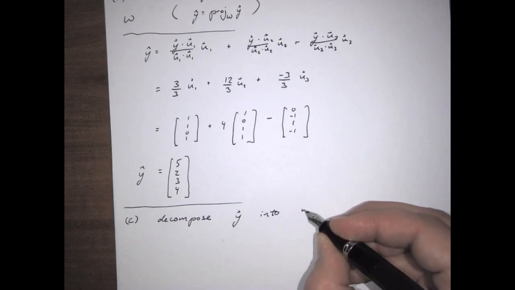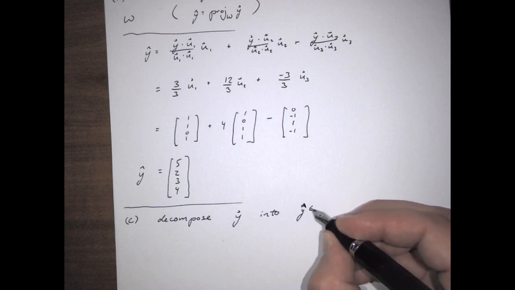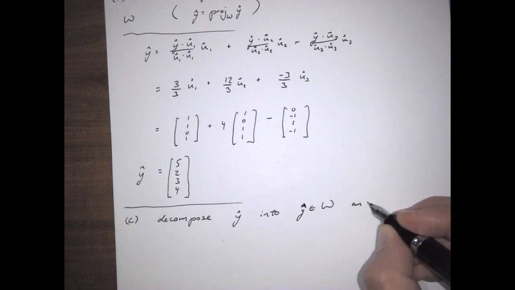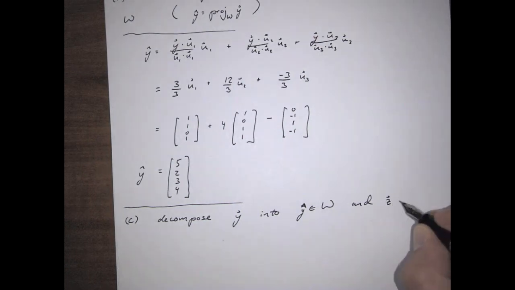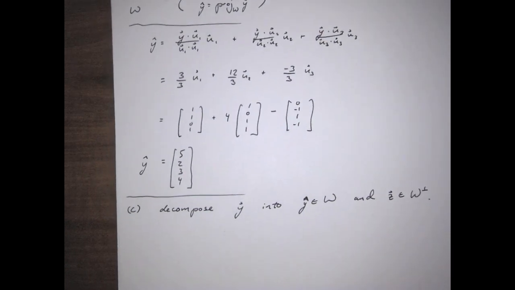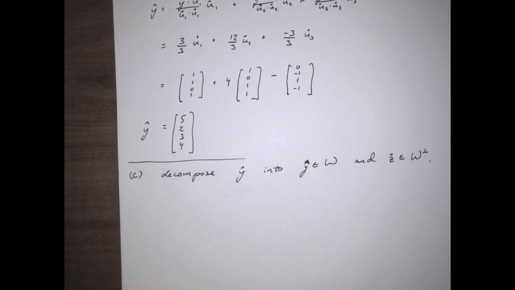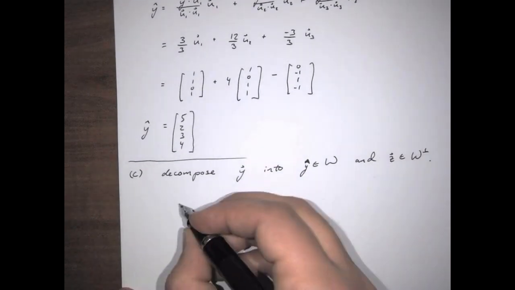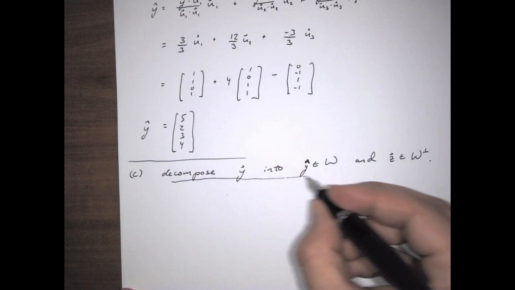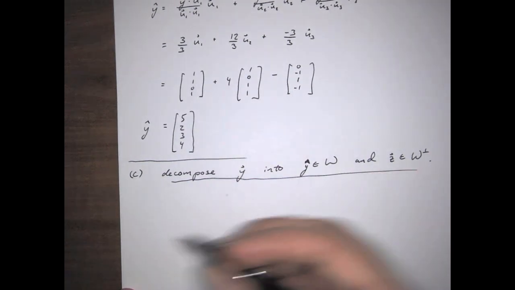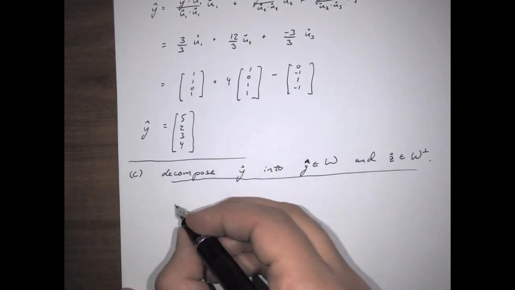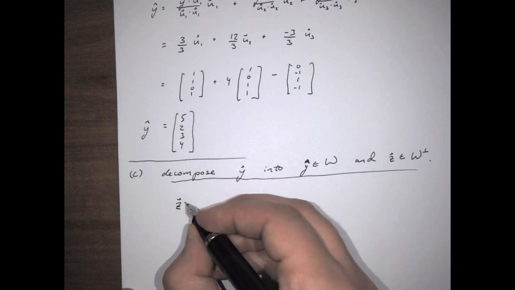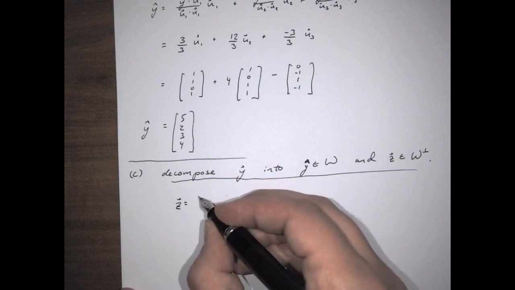Into y hat, which is in W, and z, which is in W perp, the orthogonal complement to W. So the y hat we already have, the z is the only thing left. So z is equal to